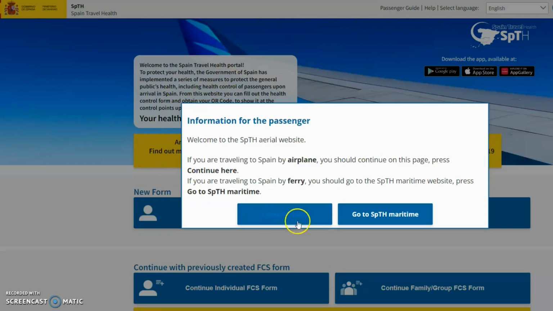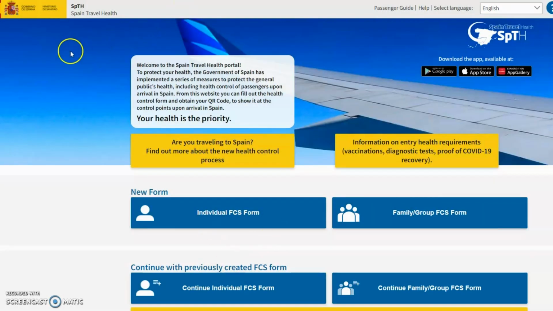Now, the first screen you come to asks you if you're arriving by plane or if you're arriving by sea. If you're coming on a ferry or a boat, then you click the Go to SPTH Maritime form. Most people, we assume, that are watching this will be arriving by plane, so you just press continue here. The first screen that you come to gives you all the options, and it also gives you the option to download